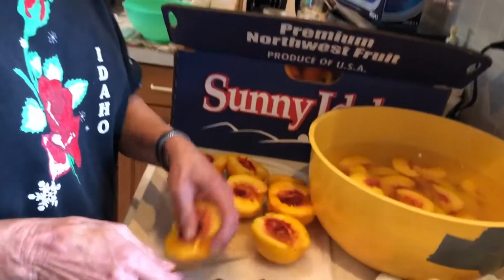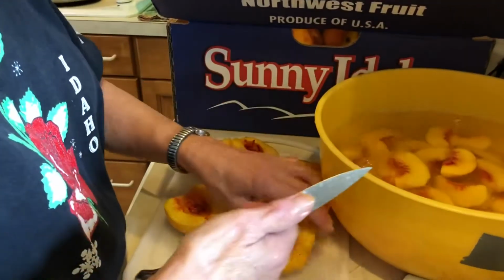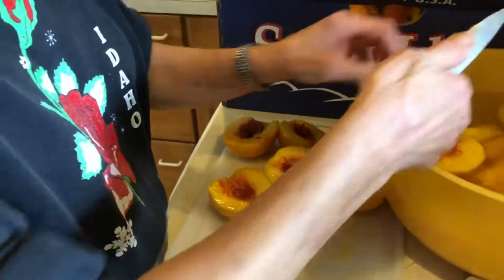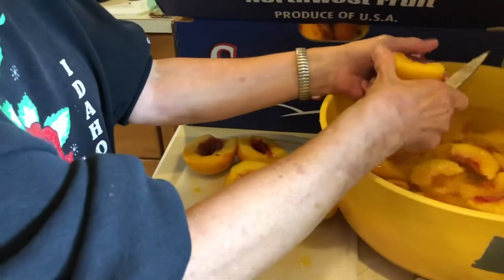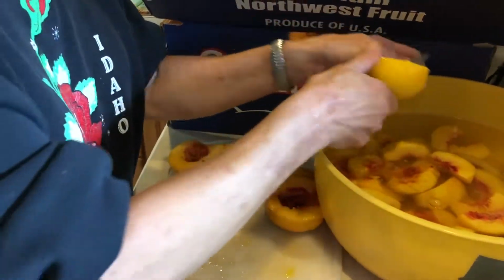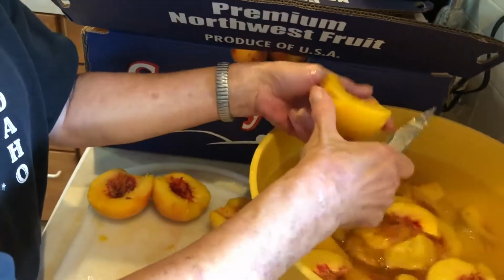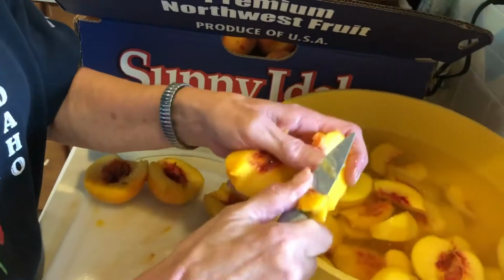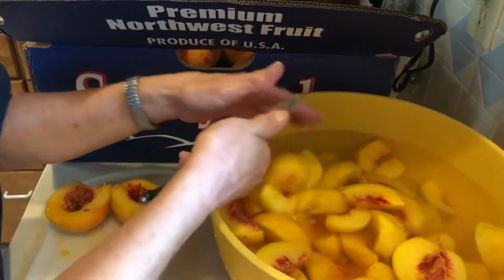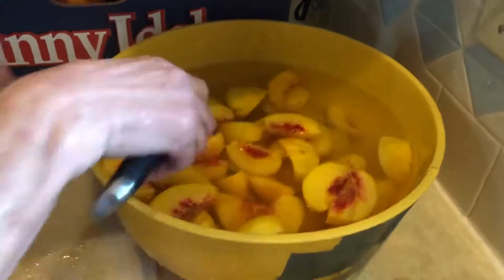So once you have them peeled, you slice them in half, and there's the pit in it. These are Freestone peaches, so the pit comes out real easy. It doesn't cling to the fruit. So you slice them however you want, smaller, bigger, and then we put them into this water bath